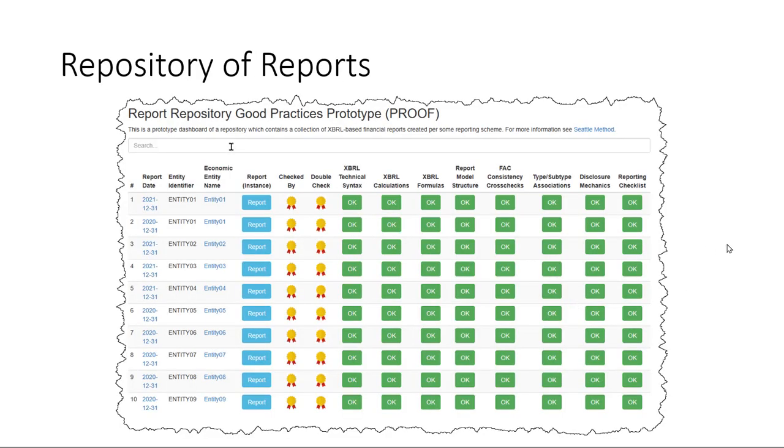So here is a little prototype repository that I created. What I'm trying to show is that, number one, here's a list of entities. And there's only 9, but whether you have 9 or 9,000, it's the same thing. You need a list of entities. If you're going to extract information from one report, you need the URL of that report. If you're going to extract information from 9,000 entities, you need 9,000 URLs of the 9,000 reports you're going to